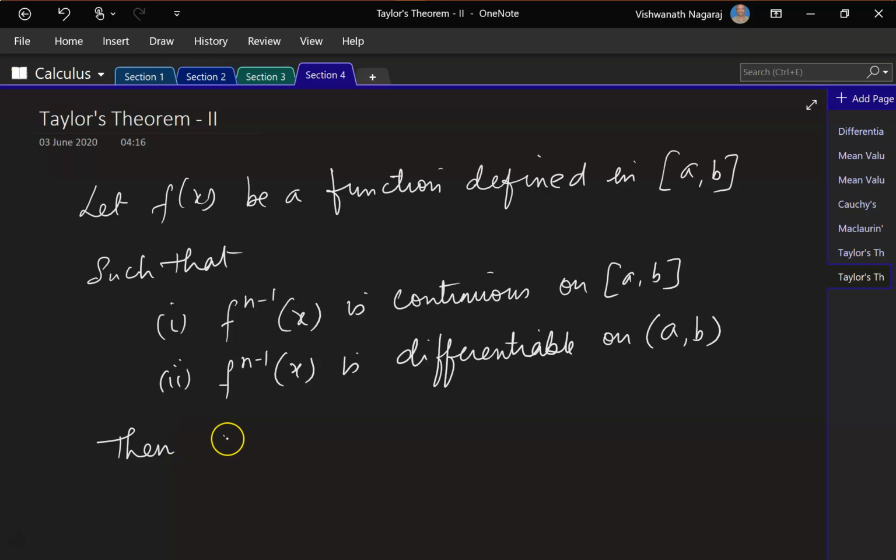Then there exists c, a real number in the open interval a comma b,